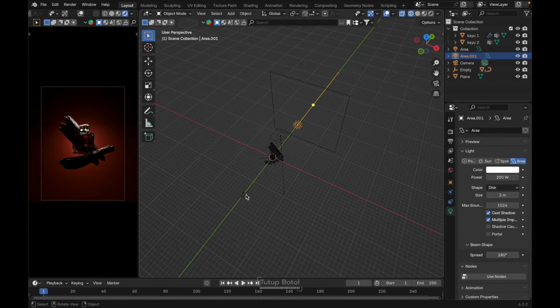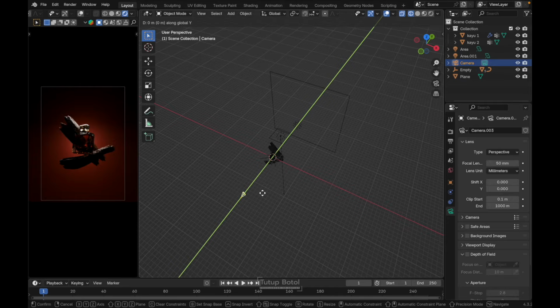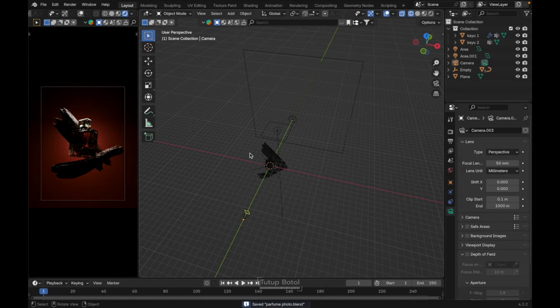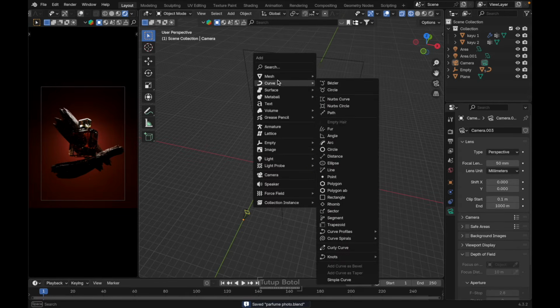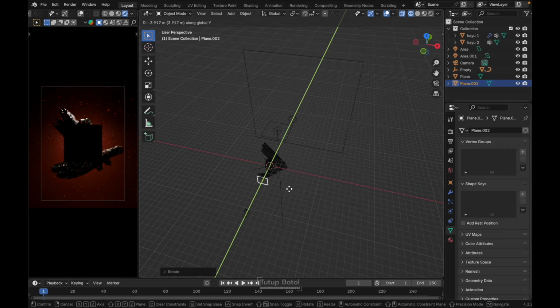Okay, I guess we need to move the camera, move it forward by G Y. Just move it like this. Then press Shift A, mesh, add another plane, R X 90 degree, put it over here.